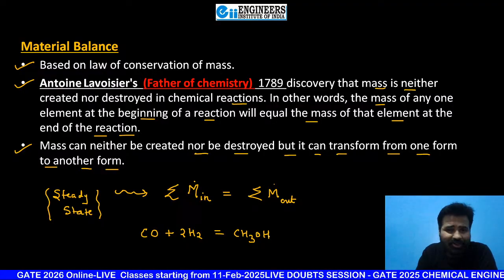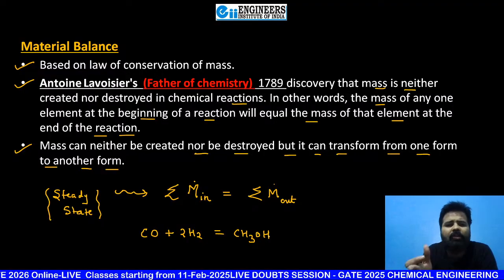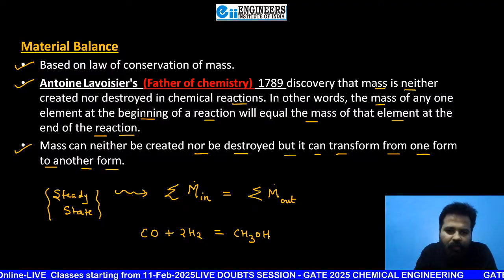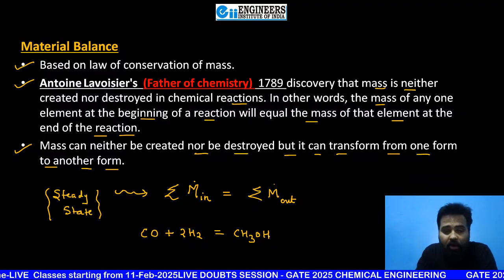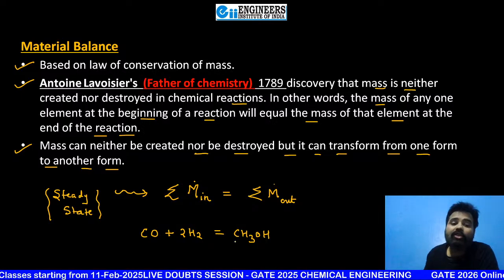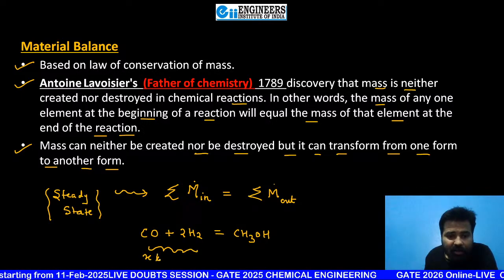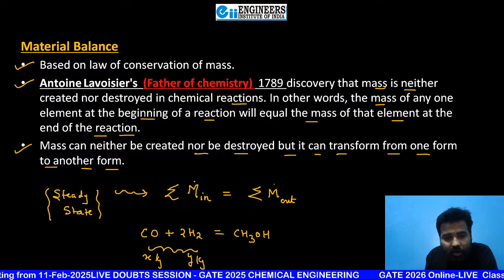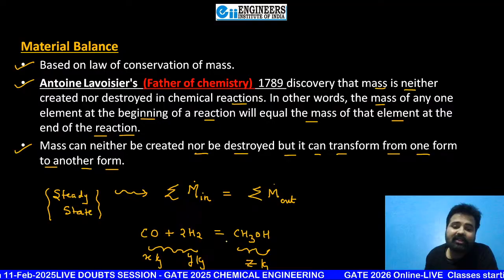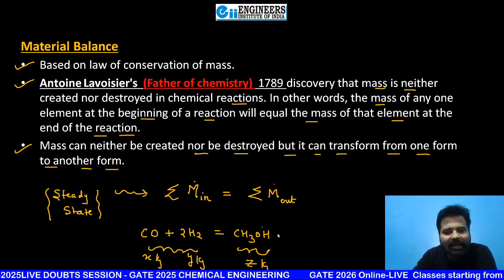Now CO is not CO, H2 is not H2, but now it is formed and transformed, and some other name is there. Now it is methanol. So you can transform to any other form or any other chemical, but you can't destroy total mass. Like if here you are adding x kg of CO and y kg of hydrogen, and suppose you are obtaining z kilogram of this CH3OH,